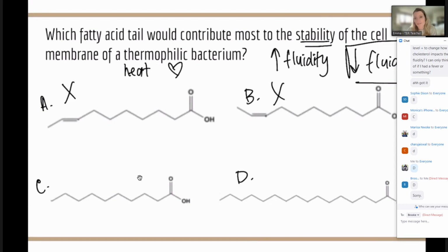I think I got this from Khan Academy maybe, or another MCAT prep, but this is really similar. The MCAT will love to give you two options where C and D are both correct. The only thing that's different is that D is a little bit longer. So we presume that the longer fatty acid chains are going to be more stable. They're going to compact together. So this is going to be our best answer because it's saturated, so it's going to add to stability. It's less fluid and it's longer.